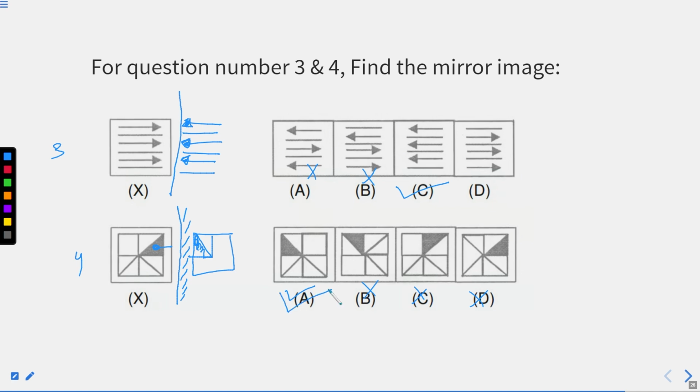So eventually option A will be your answer. This is how you can increase your speed as well. You are not supposed to draw the complete figure. You just check the difference or the unique point or the unique area and can directly make changes accordingly. I hope you didn't find any problem while answering these two questions.